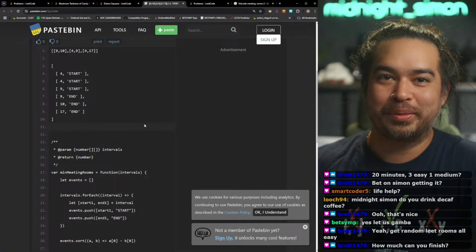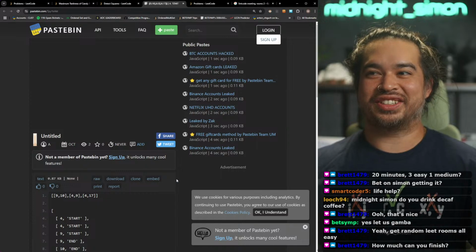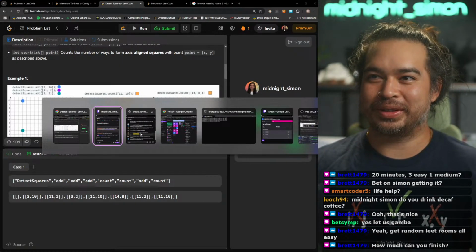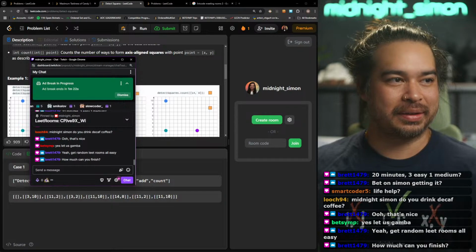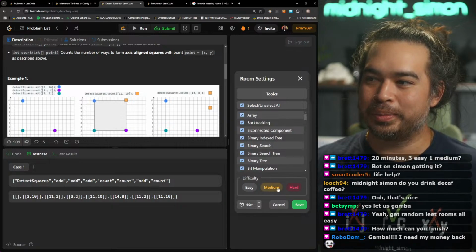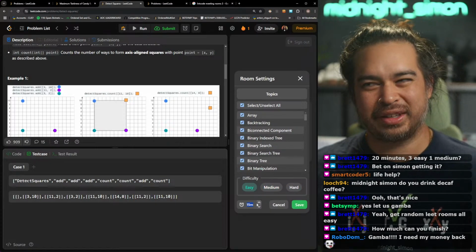Wait, random Lightroom easies. How many can I finish? All right, let's do that. I like that bet. It's going to be an interesting one. All right, I'm going to create the Lightrooms. Easies only. We're going to do 15 minutes.